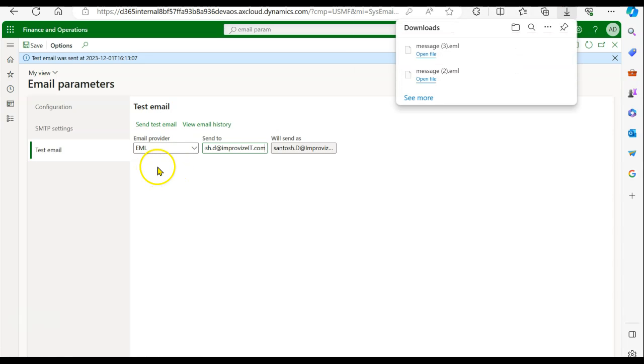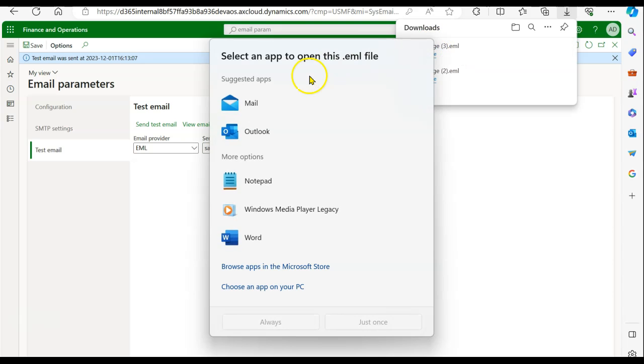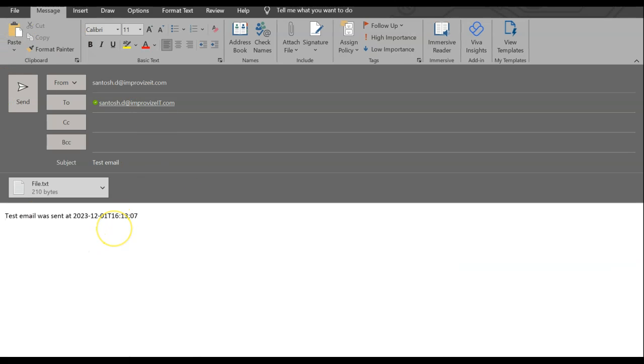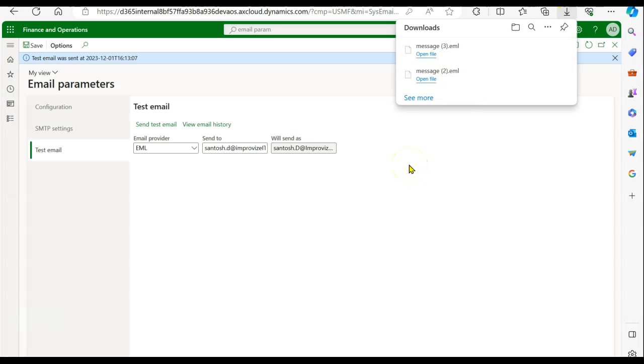So when you say send test email and you have selected email provider as your email, what it actually does is it will get you a file downloaded onto your downloads. You just open that file. That is nothing but your email draft. You just open it up and this is what it looks like. So the test email that has to go to the user gets downloaded as an email message which you have to open and then you just trigger send. So this is one way of sending the emails. That is what that email provider actually means. Okay. And the next thing is,